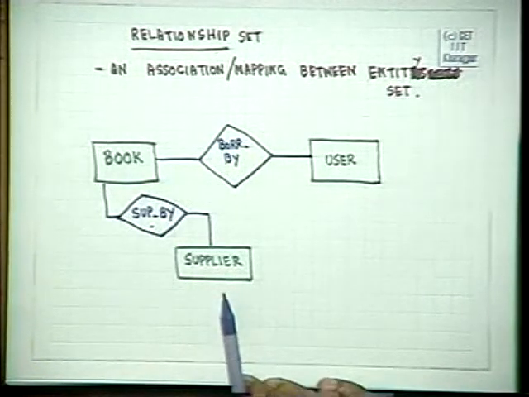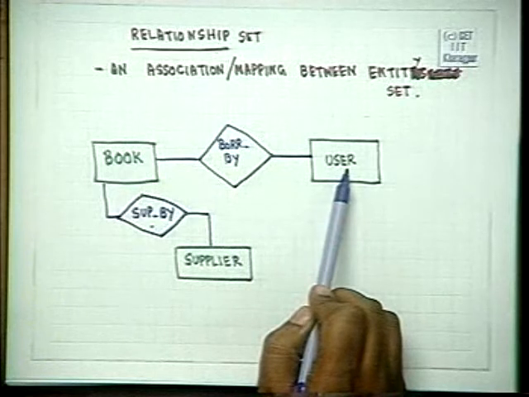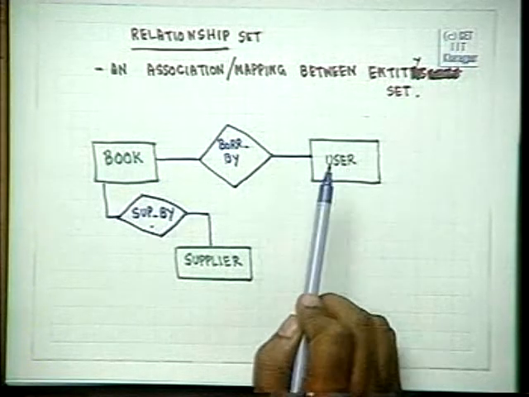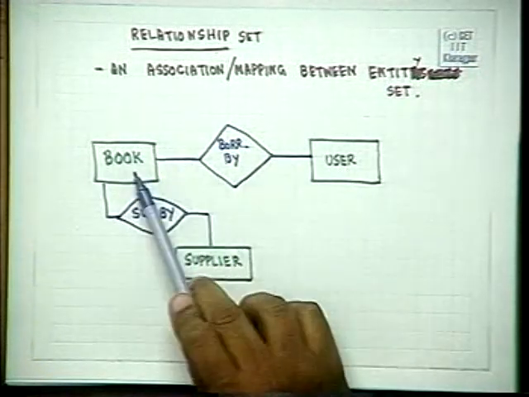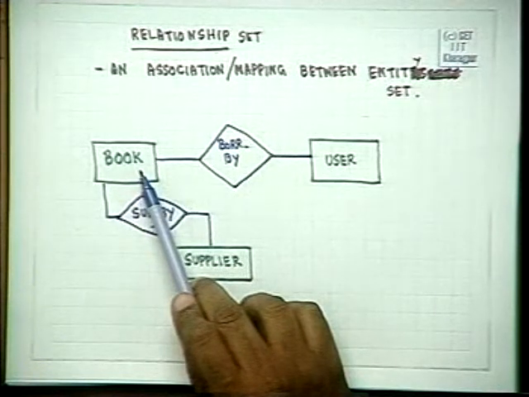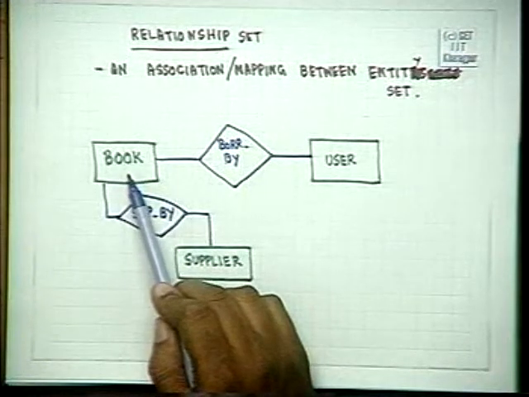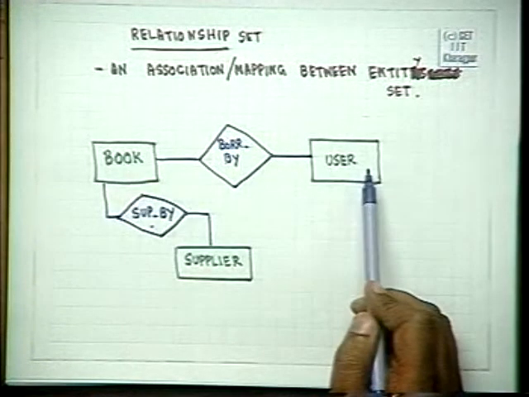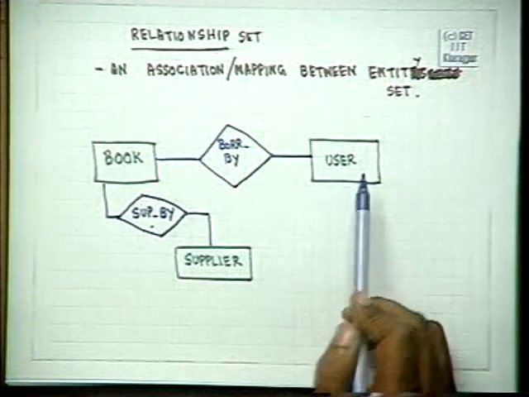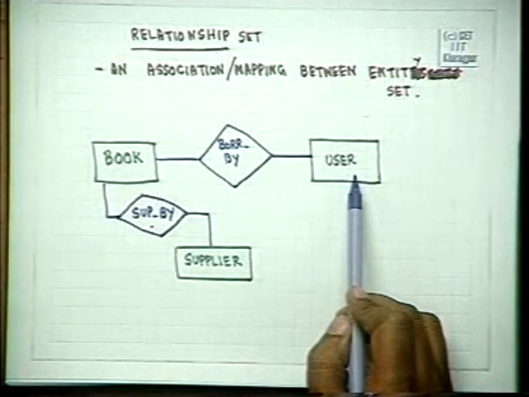Now, the important question to remember here is that each and every element may not be mapped somewhere here. That is the first thing which we will have to remember. For example, each and every book may not be borrowed by some user, it may be there in the library. There may be a user who has not borrowed any book.